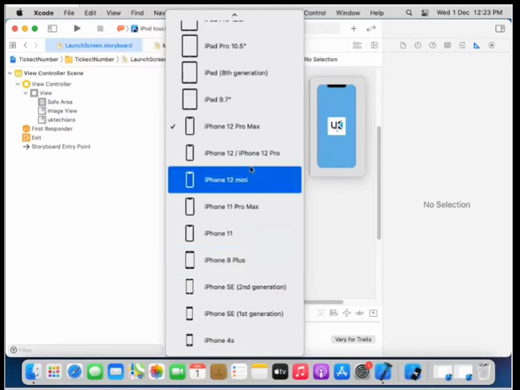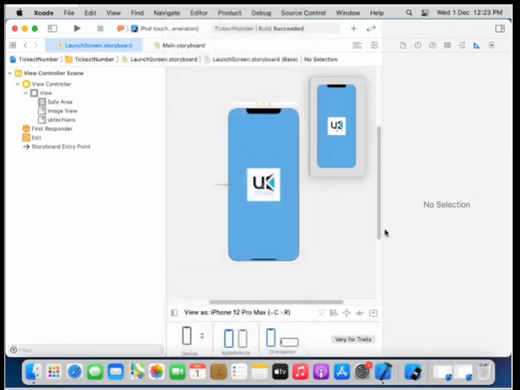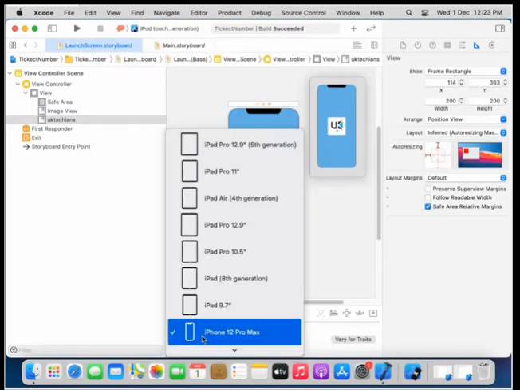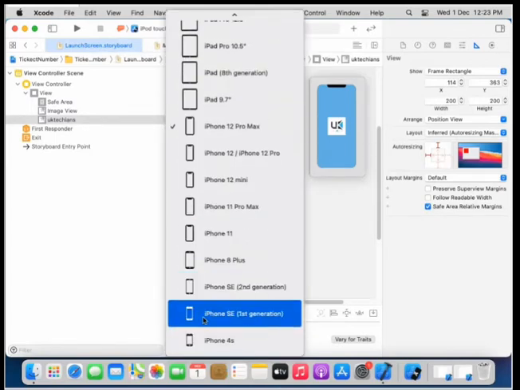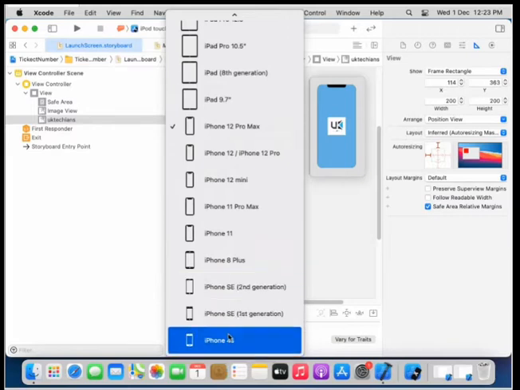So after that we have selected iPhone Pro Max and it shows a quite promising image, where the background is attached to the view without padding or margin, and the image is centrally placed. What if we change the model of iPhone and see what it looks like if we select iPhone 4s?